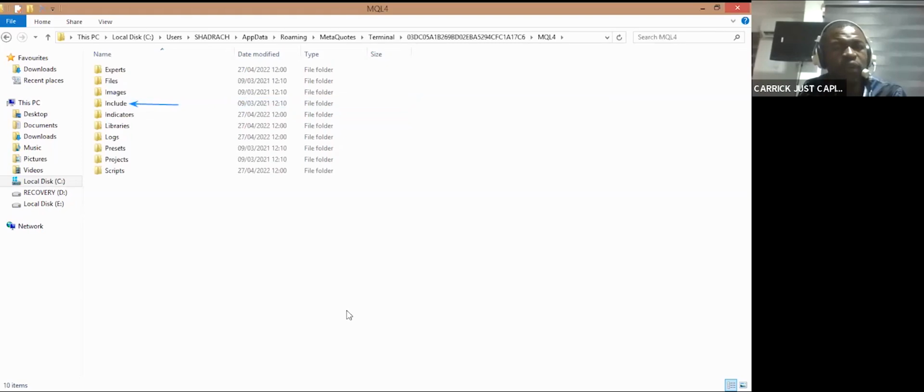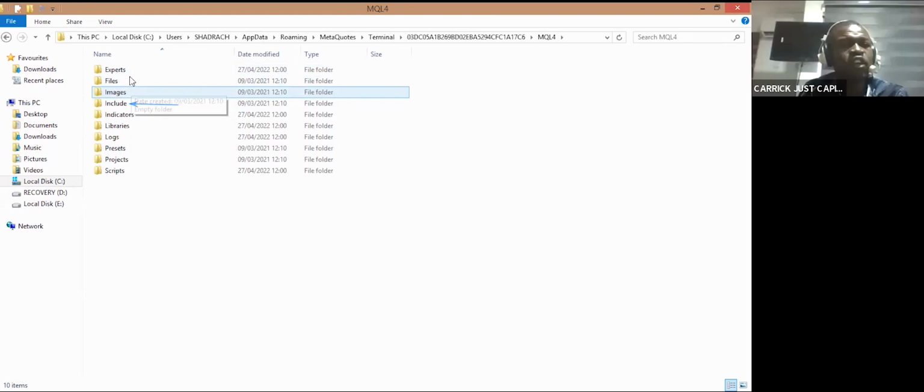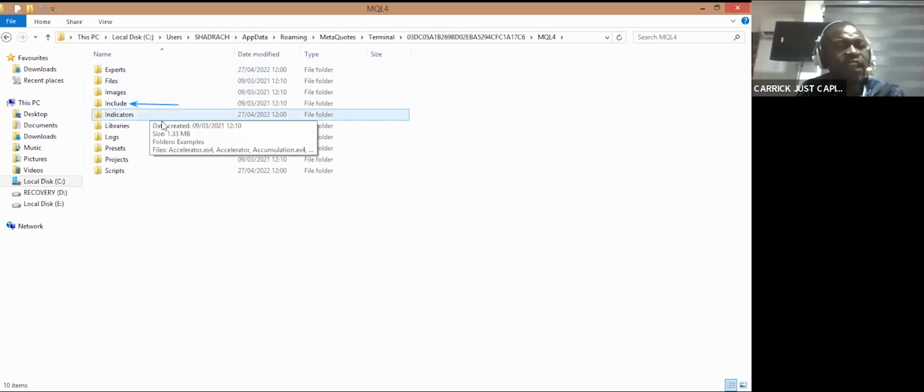Once you open that folder, you will see experts, files, images, include, indicators, libraries, logs,